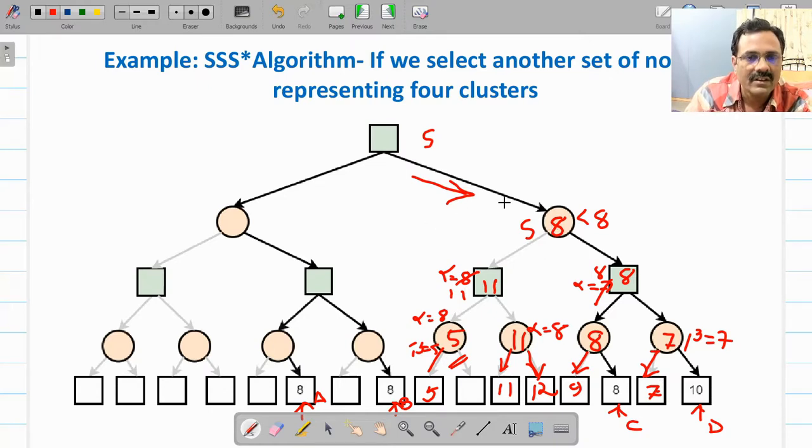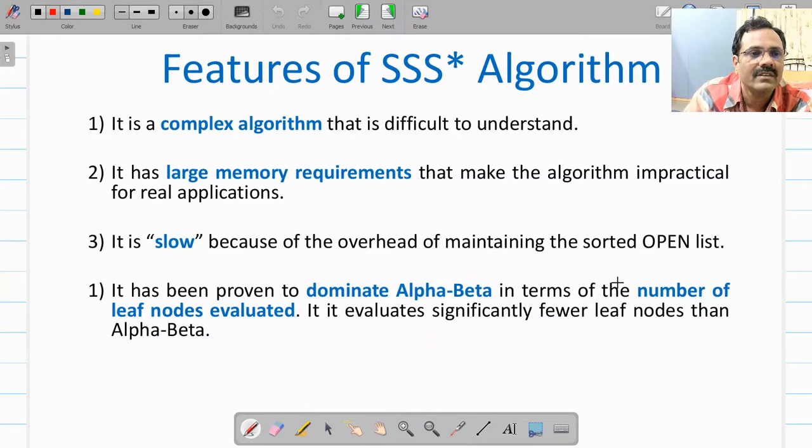So in whatever your initial set of 4 nodes, if it's a full-width tree, you will get the same result. So how many nodes has this evaluated now? 1, 2, 3, 4, 5, 6, 7, 8, 9 nodes. So this algorithm evaluates fewer nodes as compared to the alpha beta cutoff algorithm.